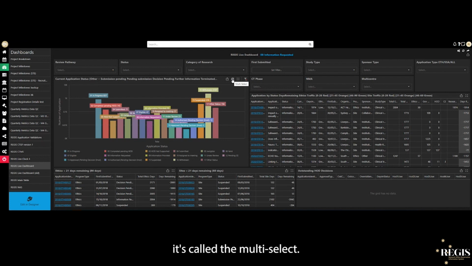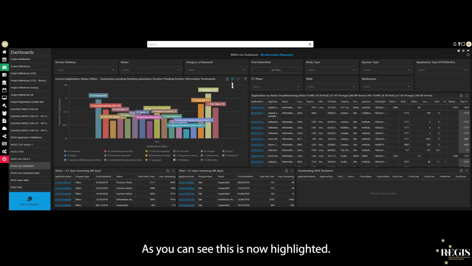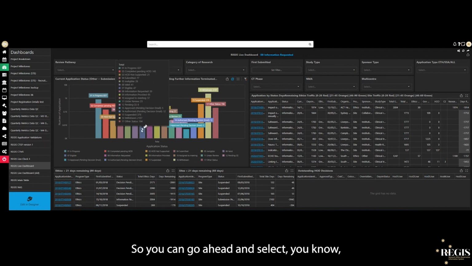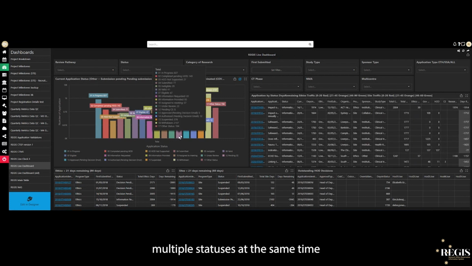It's called the multi-select. If you want to select multiple statuses at the same time, what you need to first click on is the multi-select button. As you can see, this is now highlighted, so you can go ahead and select multiple statuses at the same time,